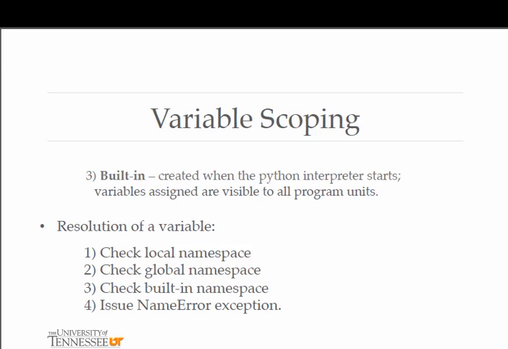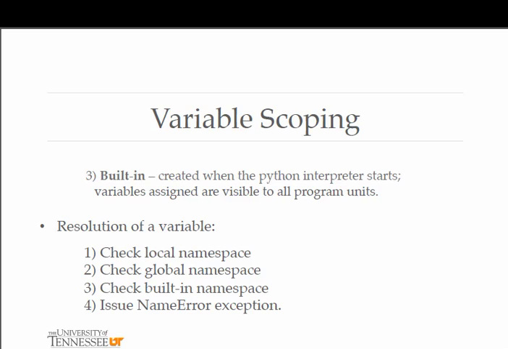Again, the built-in namespace is created when the Python interpreter starts, and those variables are assigned. When they're assigned, they're visible to all the program units. So when the interpreter has to resolve a variable, it will start from the inside and then go back out. It will look to see in the current function, is it defined and available? And if it cannot find it in the local namespace, it will go to the global namespace